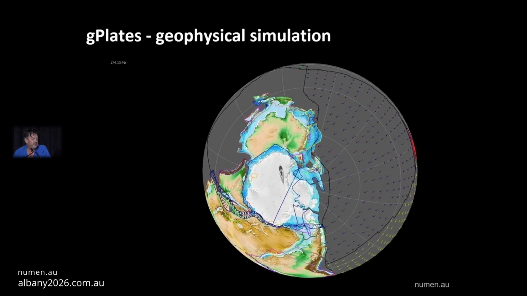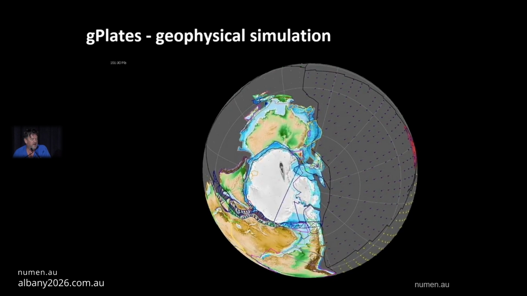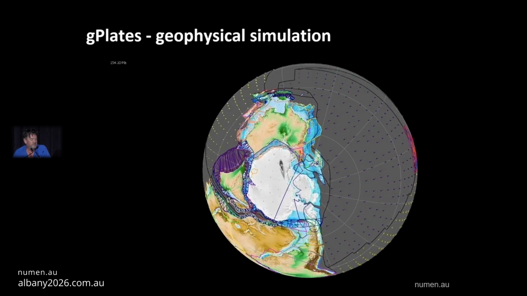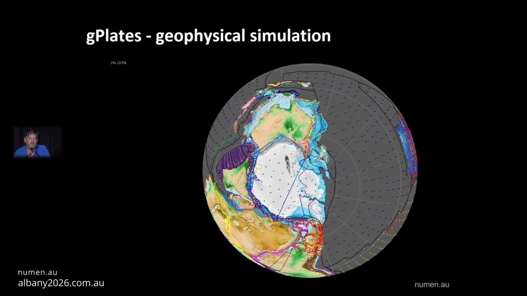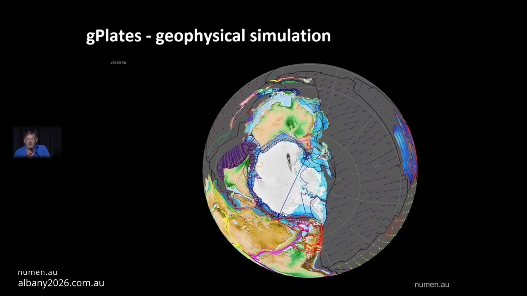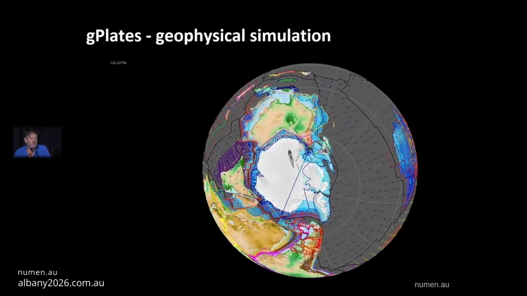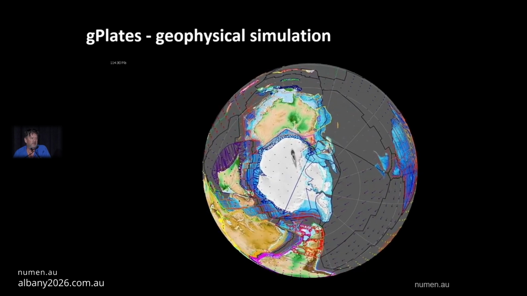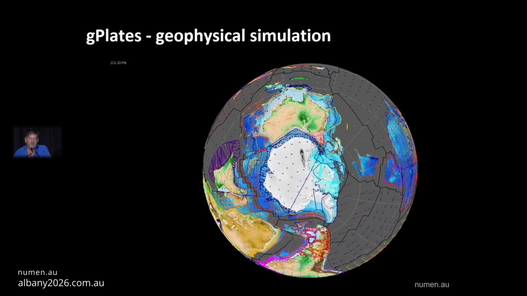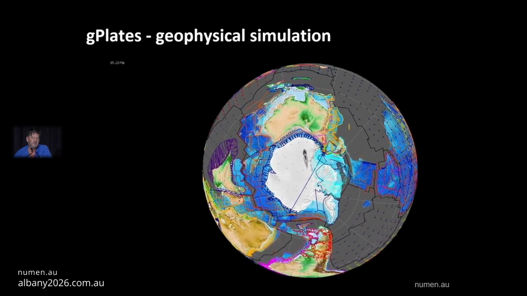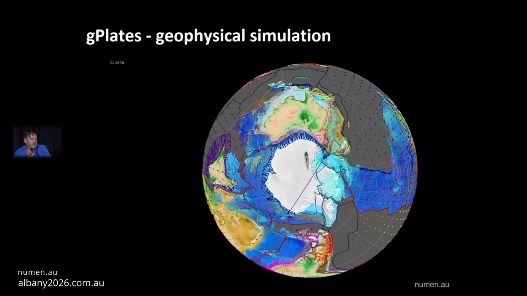You can see various ridging events occurring, ocean ridging events, and the movements of the continents. The source of continental drift is driven by what are known as mantle plumes, which are really large, massive-scale flows of rock from deep within the Earth's mantle up towards the surface. They basically set up the conveyor belt system of continental drift, and they drive the movement of the continents around the surface of the Earth.